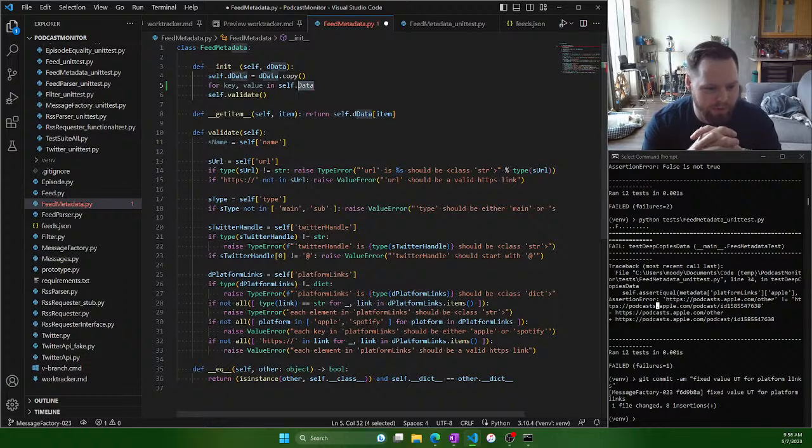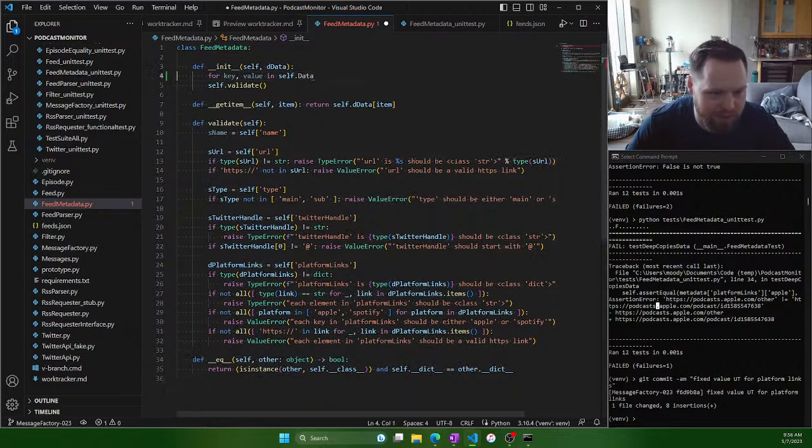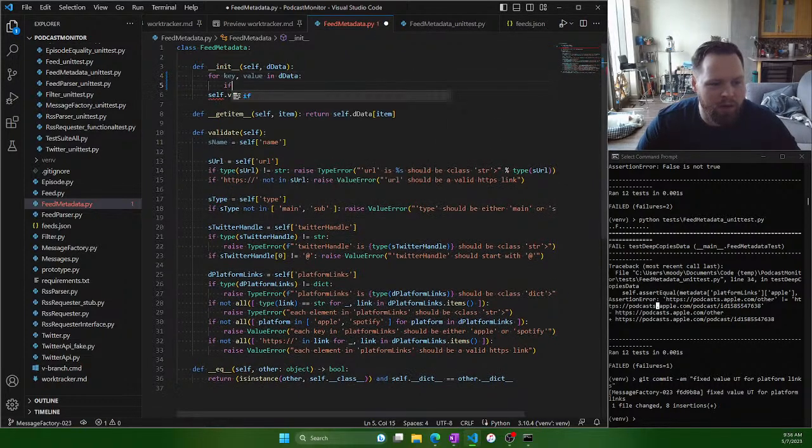So I could copy everything, right? And then I'm going to replace it. I'm going to do my own custom copy. I'm going to say for key, value in d_data, right? If